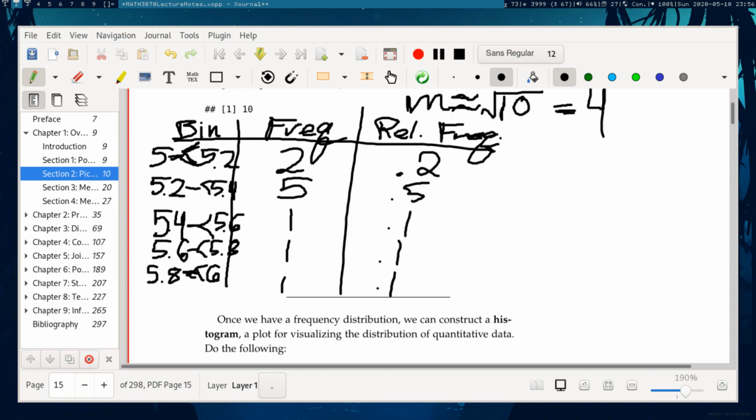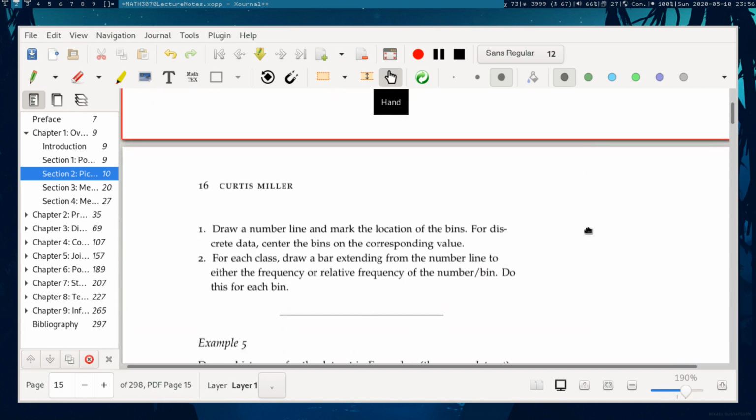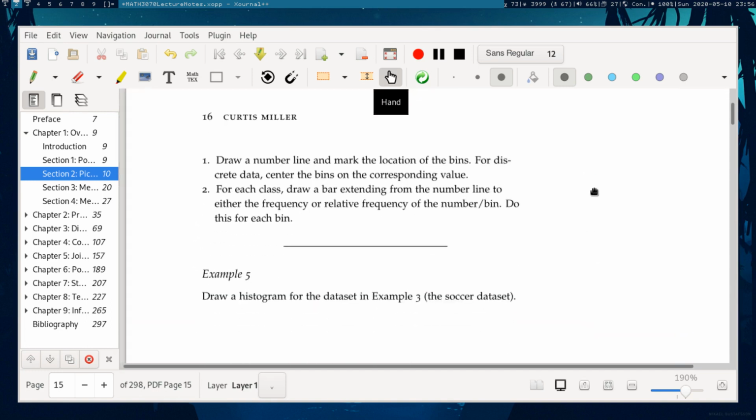Okay? All right. Once we have a frequency distribution such as this, we can now construct what's known as a histogram, which is a plot for visualizing the distribution of quantitative data. So how do we construct a histogram? First, draw a number line and mark the location of the bins. So for example, we could do something like this, and we're going to say that the bins are going to be about here. And then if you want to, for discrete data, you can center your bins on the corresponding values themselves,